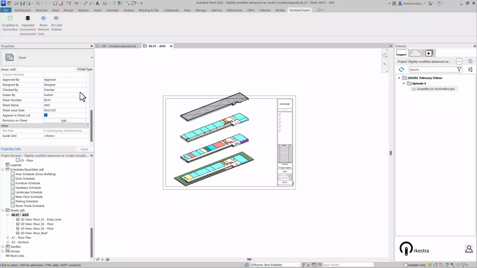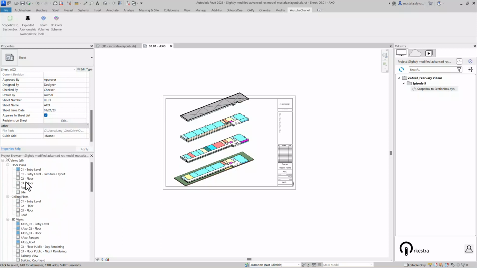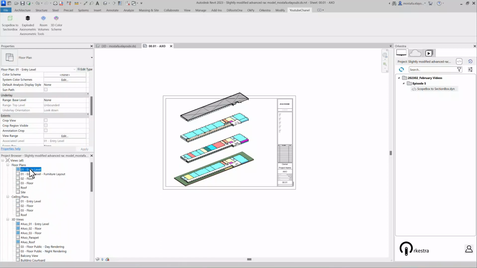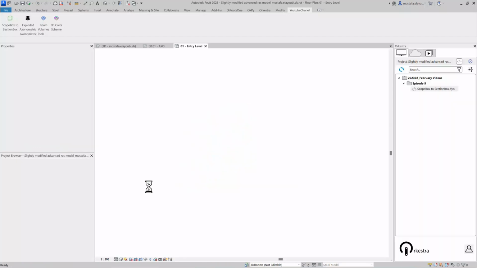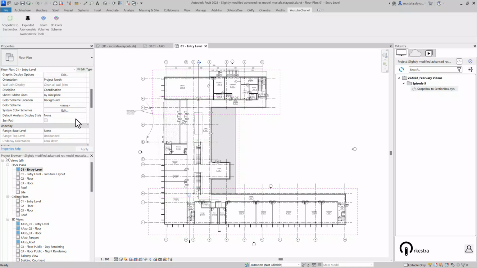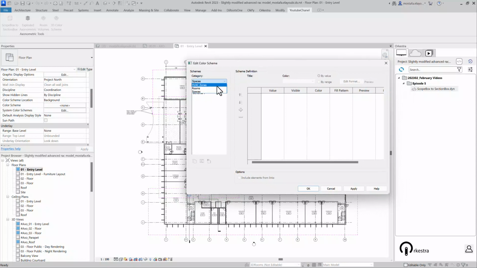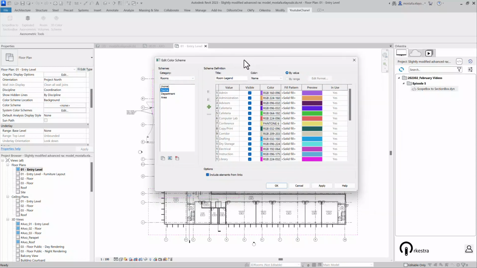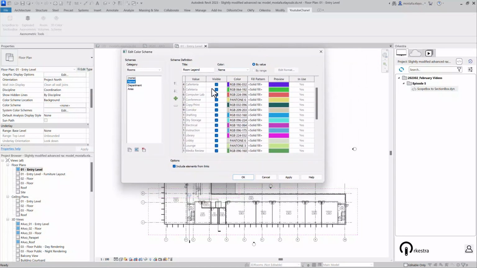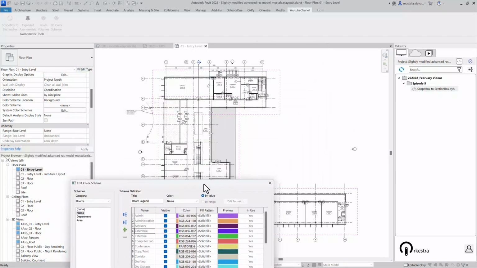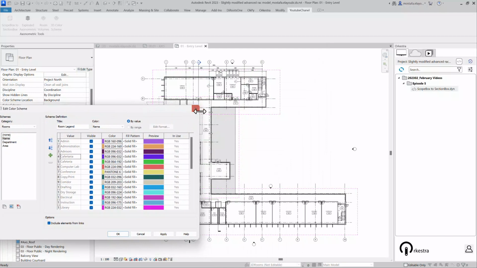Okay, so just so we see that the third tool will actually work when triggered from the ribbon, let's make a change to the color scheme. So the same one that's been used in the 3D view through filters. Switch to rooms, and then the name. So this is the one that's been applied in 3D. And I'm going to, well, pick something that's remarkable. So the cafeteria, or actually no, because we need it to be somewhere in the south wing of the building. So let's use the